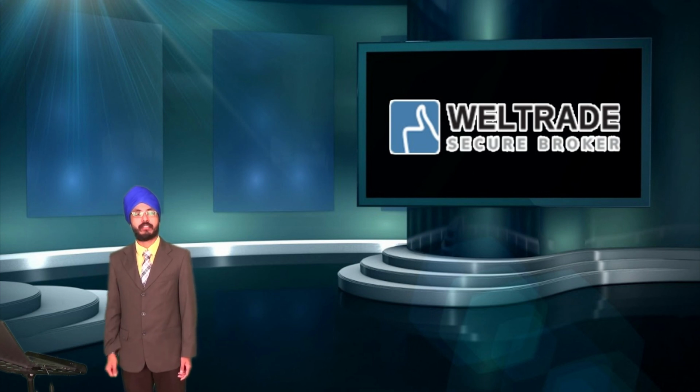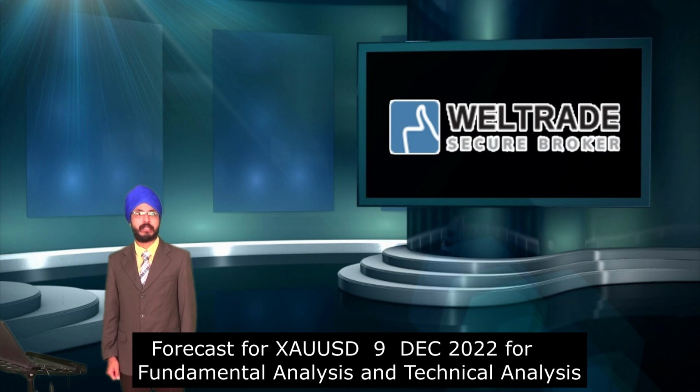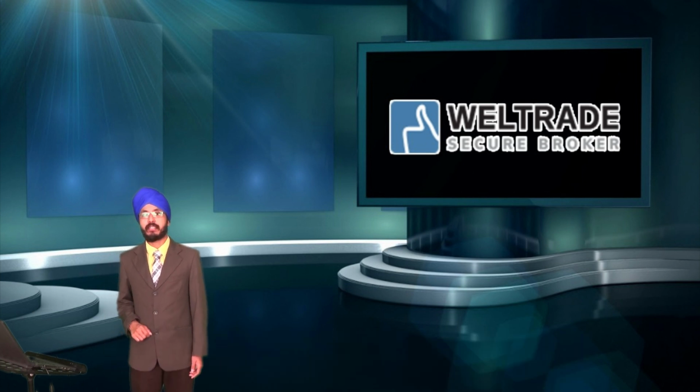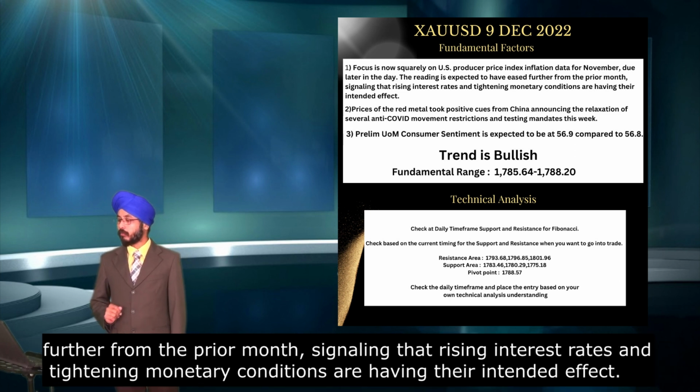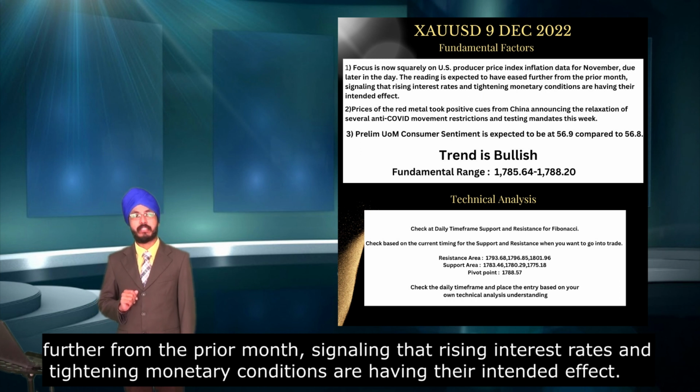Today I'm going to forecast the gold trend based on fundamental analysis and also technical analysis. Firstly, as we can see, the most important news for today is the US PPI, the US Producer Price Index, which is expected to be 0.2% higher than November. However, rising interest rates and the tightening of monetary conditions have affected